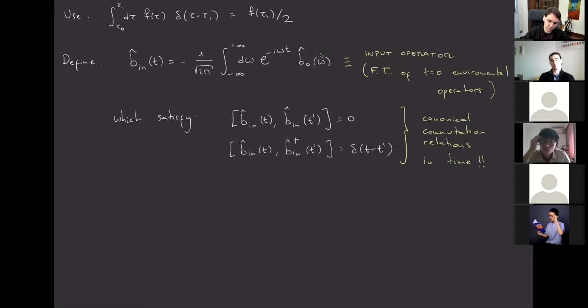But these operators are very special because they satisfy canonical commutation relations in time, meaning that they are a set of harmonic oscillator operators that are labeled by a time index, and they obey canonical commutation relations with respect to that time